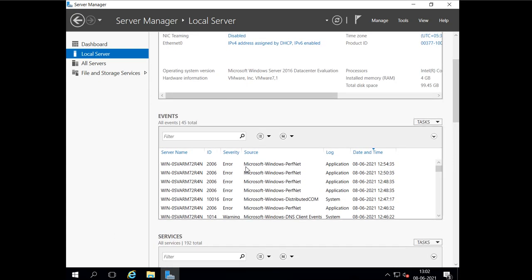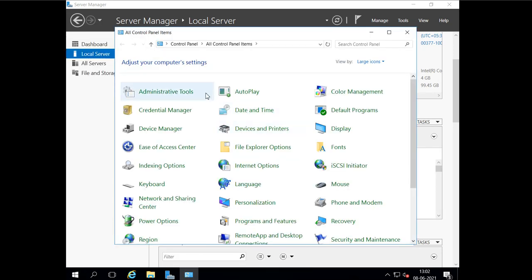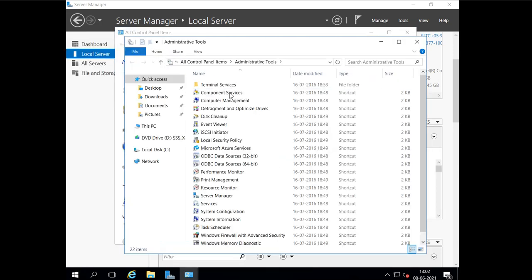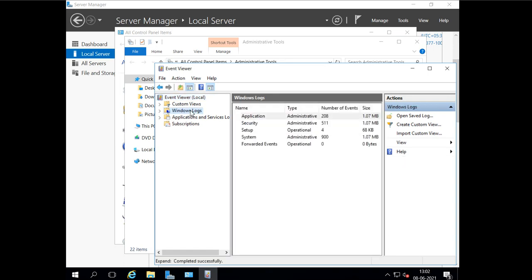We don't have to go to Administrative Tools in Control Panel, and then go to Event Viewer to find out the events related to some particular services or some particular server. We can get all those events directly from Server Manager.